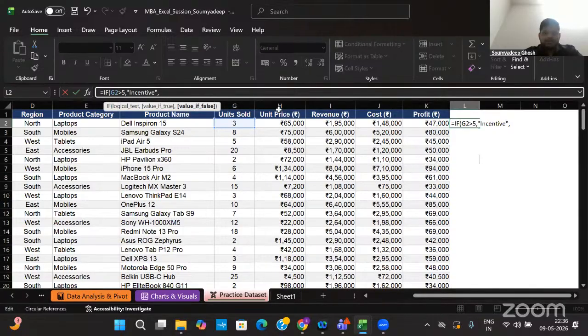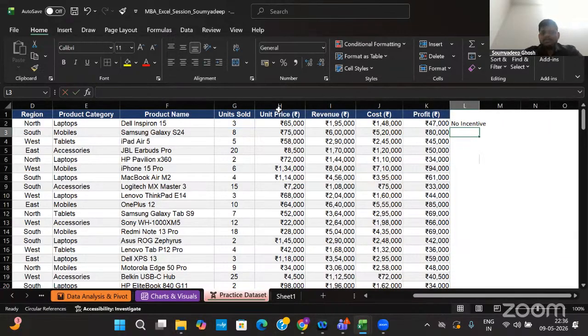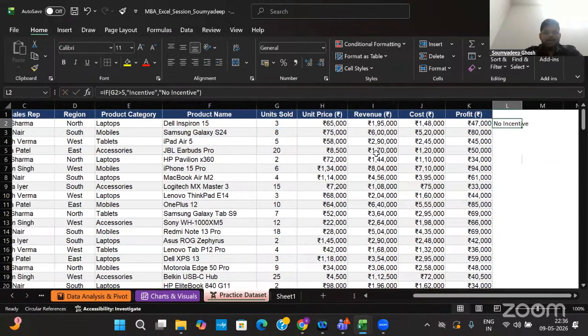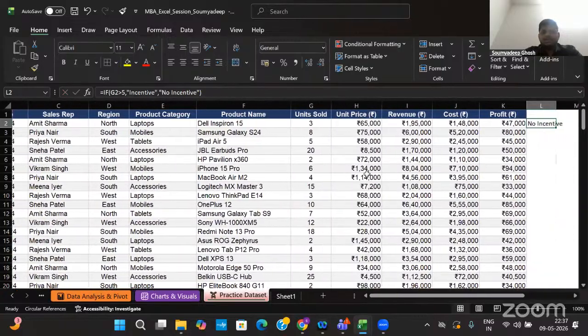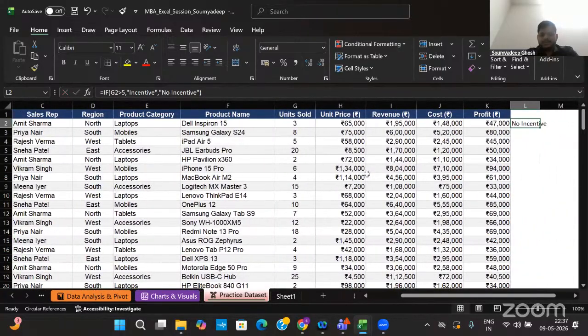Then value if false, no incentive. You can see for this employee, they are not selling enough laptops. That's why they won't be getting any incentive.